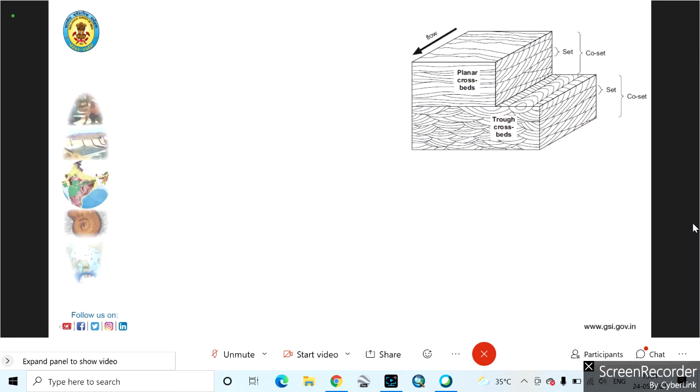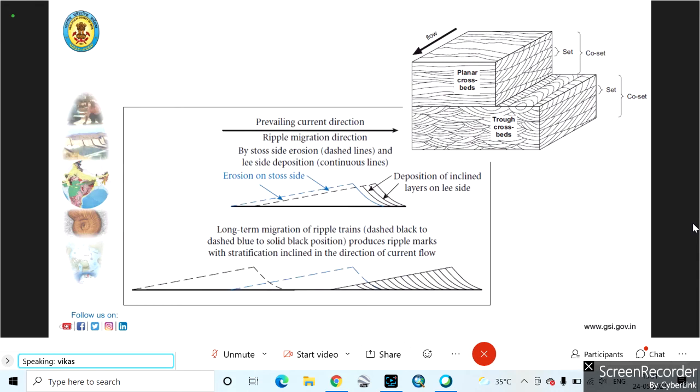Next. So these are some of the other types of cross beds, like planar crossbeds and trough crossbeds. You can notice that the trough's concave side is on the heaven side, that is, the top side. So if you're seeing trough crossbeds whose concave side is downward, you can understand that the bed has been overturned. And thus this concave side direction will help you in identifying which side is the younger side.